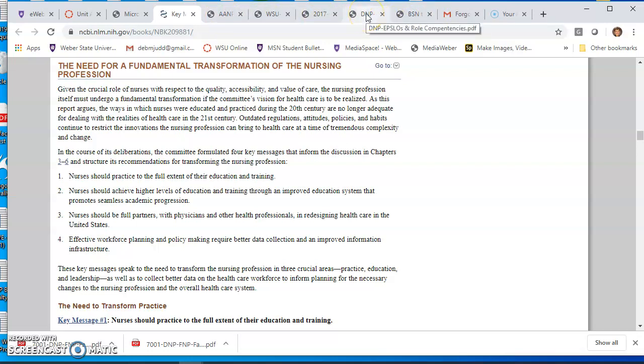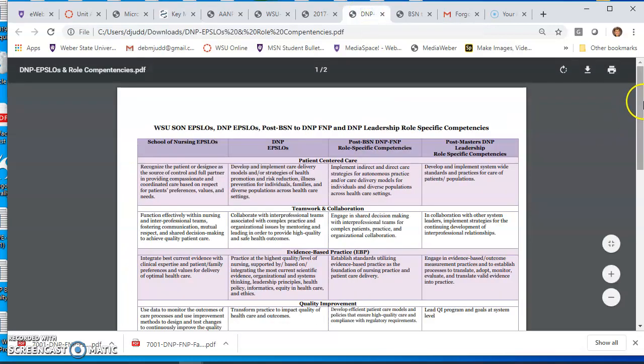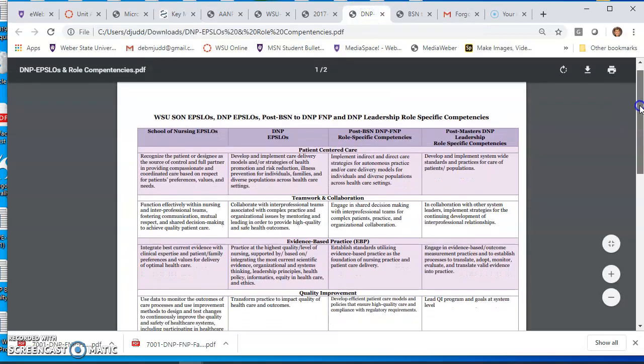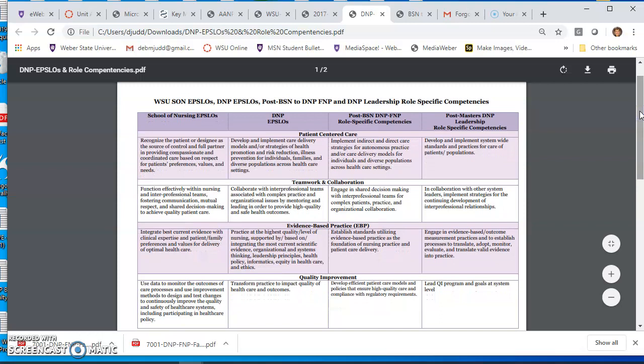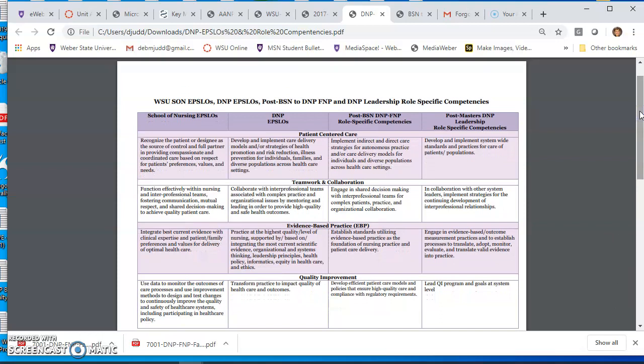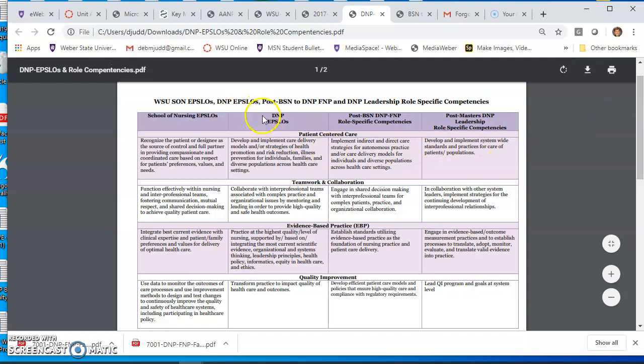So here is the Weber State University expected student learning outcomes by the end of the program. This column here is for all DNP students. Those are things that